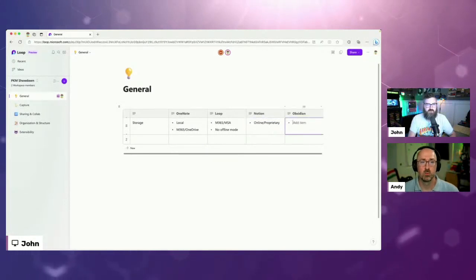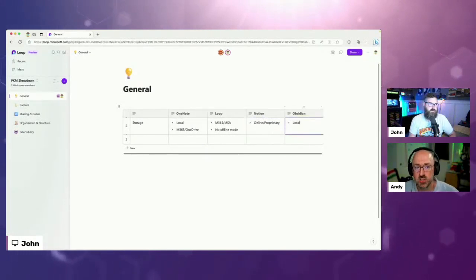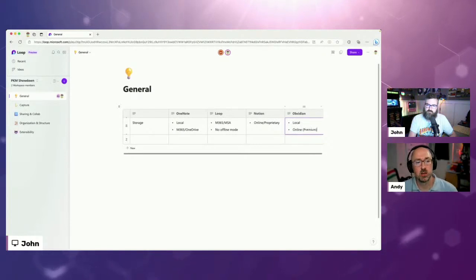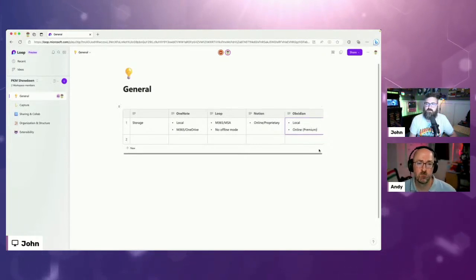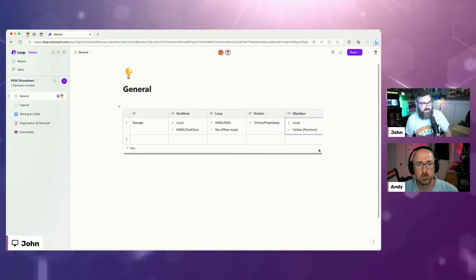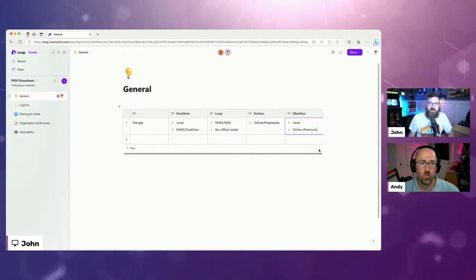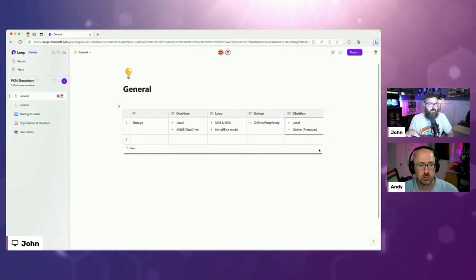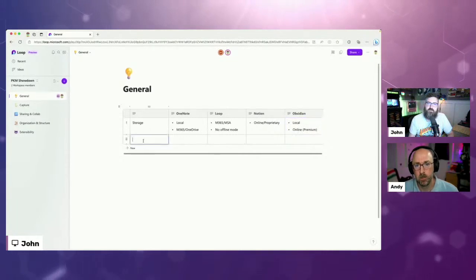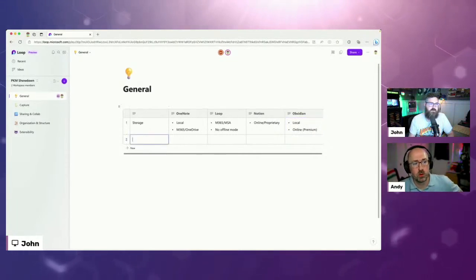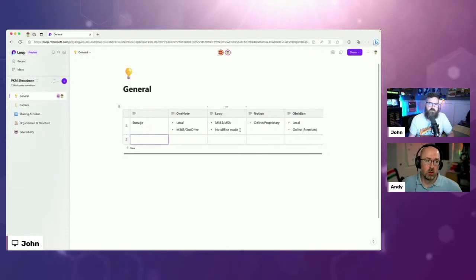Now, Obsidian, that's local only, right? There is an option to cloud sync, you can do online if you're premium or something. The default is local, but there is an option to cloud sync, and it is a paid feature. And it's not the idea of putting it on a cloud storage system, right? It's like portable. It's like their own account system, their own storage, probably like AWS or something, right? Okay. Daryl confirmed there's no offline mode for Loop as well.